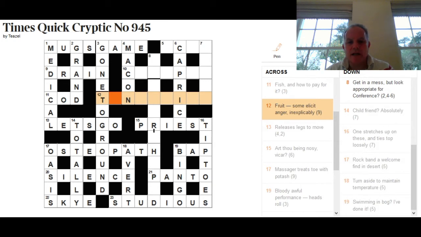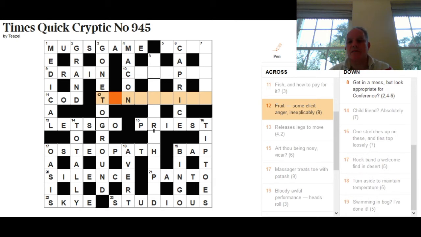And clearly it's possible for a word to begin T something N and end in ILY. But certainly nothing comes to mind. However, I can think of a fruit straight away which begins T something N and has an I towards the end. And although this could mean to fruit or fruit in the singular or plural, we're going to get some extra help, even if we haven't thought of the word, from the rest of the clue, which will give us the wordplay. It'll give us the reasons why the letters in the answer are there.